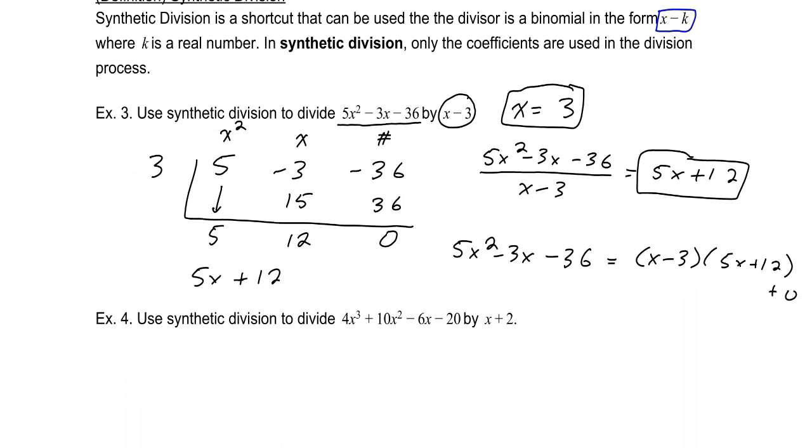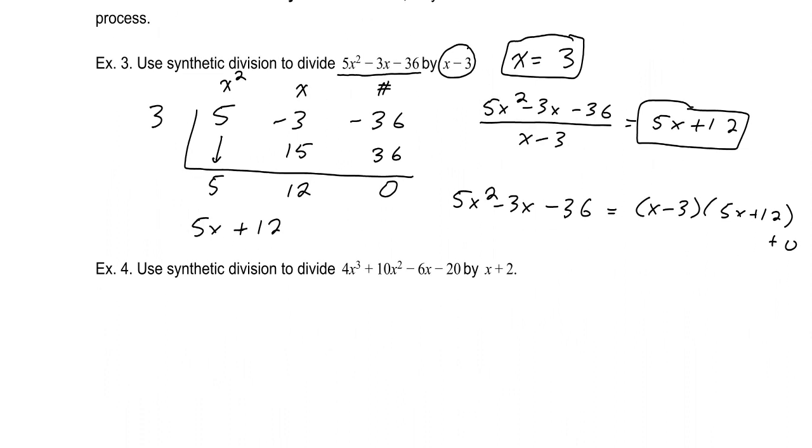All right, we'll go ahead and do the same with this next question. 4x cubed plus 10x squared minus 6x minus 20. We're dividing that by x plus 2. All right, so that's an x cubed. Oh, notice we're dividing by a linear factor here. So the degree always goes down by 1 because we're dividing by a linear factor. So an x squared divided by an x term should be an x term, which is why I have the 5x there. That's an important thing to note. All right. The degree always goes down by 1 with